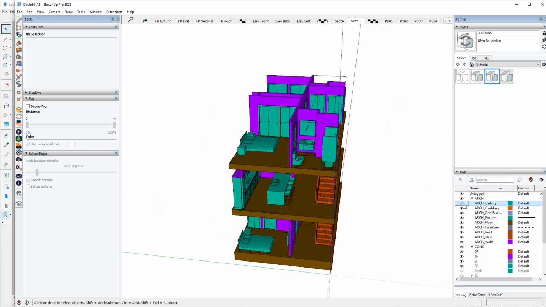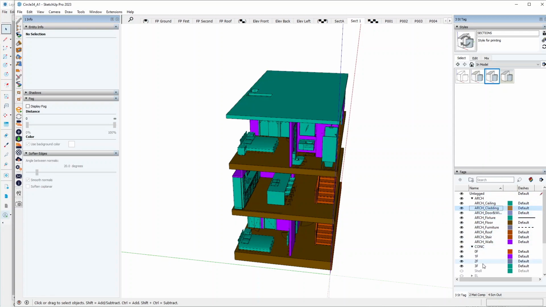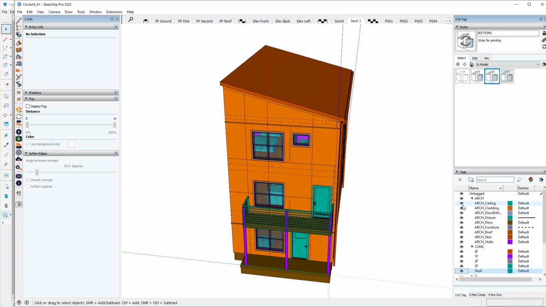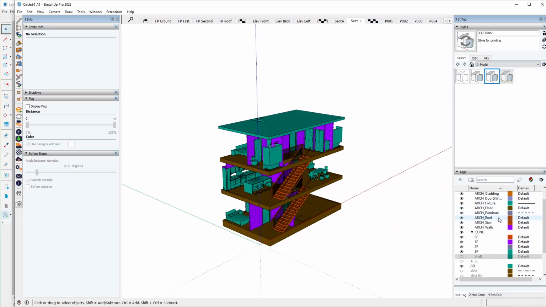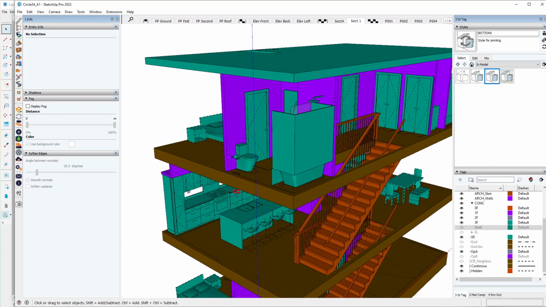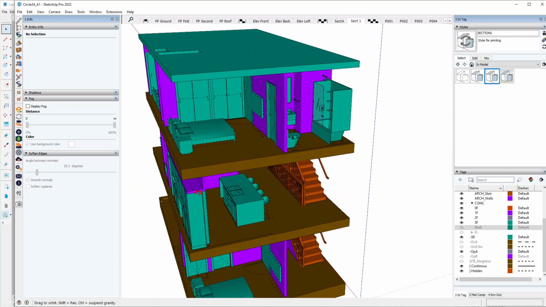Ceilings, which are our ceilings, our cladding. If you turn on our shell, is our cladding. Doors and windows, floor, furniture, roof, stairs, and walls. This is fairly simple. One important layer I want you, in case you have not figured it out, is our